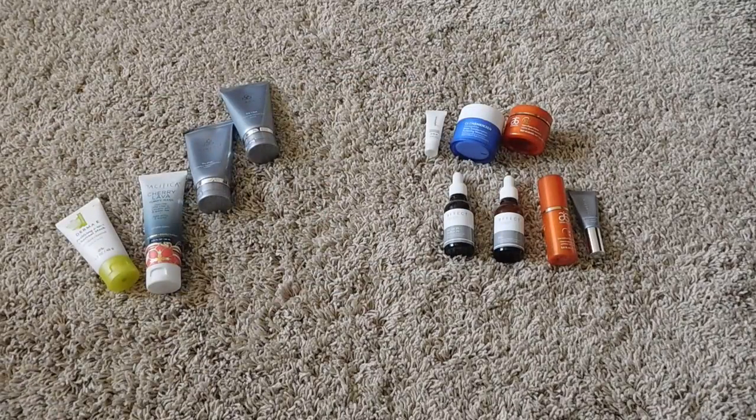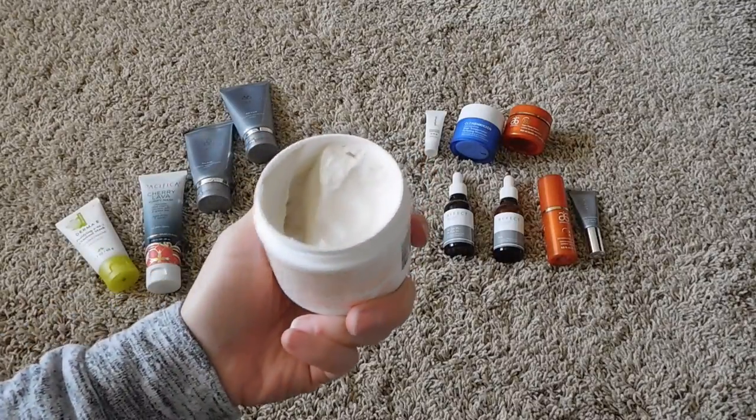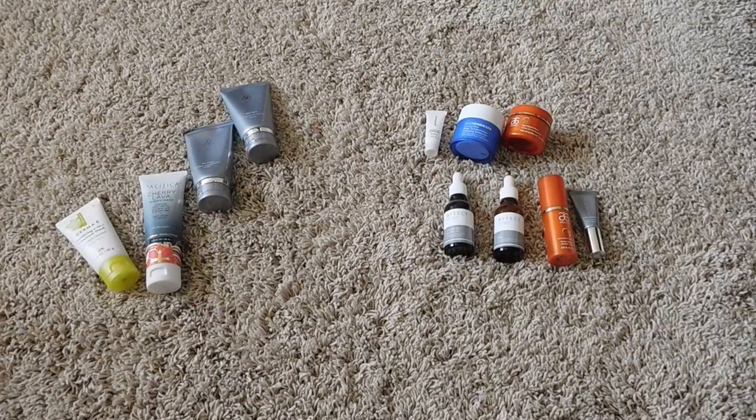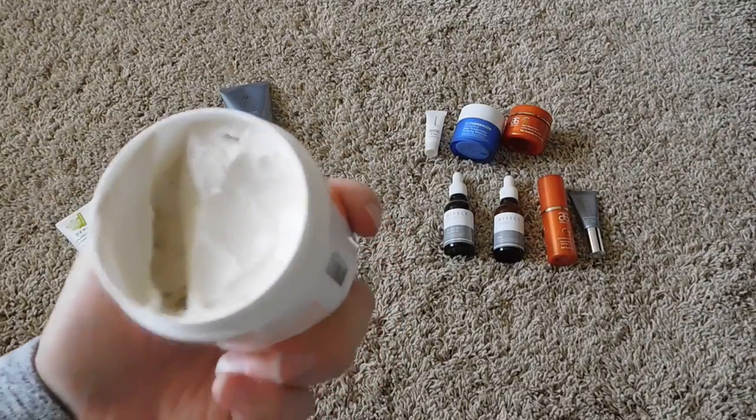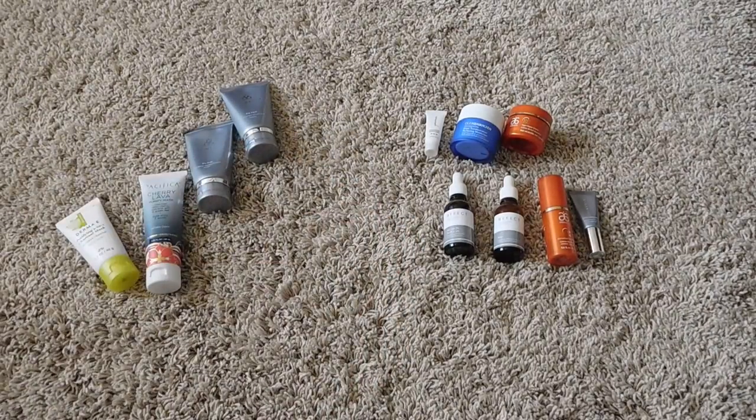I really like these Lather masks. Their honey one is fantastic. You can see I didn't use a ton of this one. This one has a very medicated smell to it. The smell on this one is a little bit strong for me, but it is a really great mask, you guys. It smells...